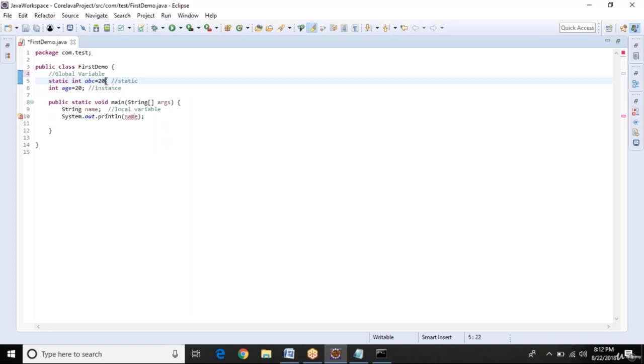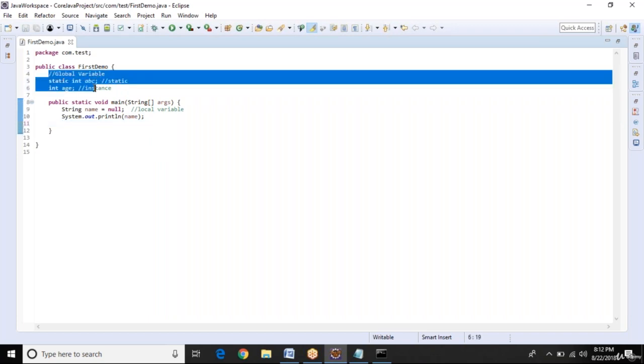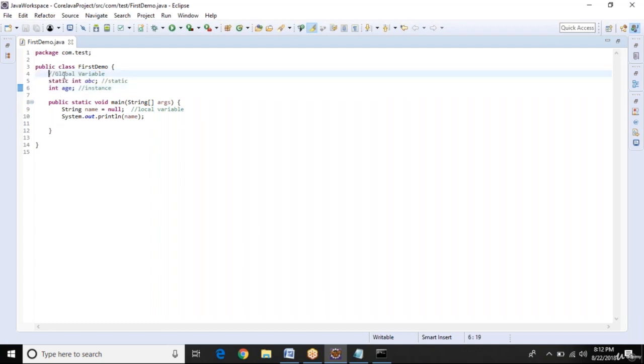Now first we have to initialize something, so I have initialized with null. Now I'm going to remove this, just declaring the variable without initializing it. I'm saving this program and we didn't get any error, because by default a global variable is initialized with some value.